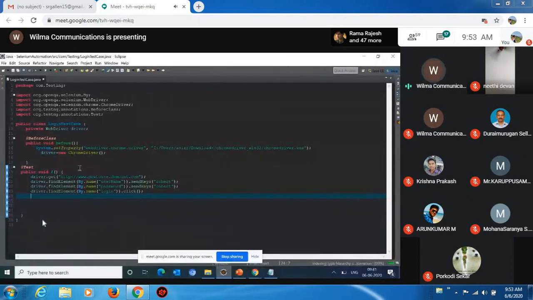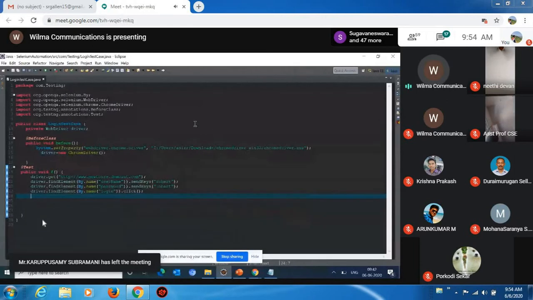So now what I did, I just specified the properties. Here I have specified the particular environment, what I want to do. This is the driver which is available. Now I want to open this particular website. From that website, I need to pass these two arguments. Username is Robert, password is Robert, and we want to click on the login button. So now if I run this code, Selenium will open the Chrome browser, open this link, enter this user ID and password, and try to click on the submit button. So now I'm going to run this code.